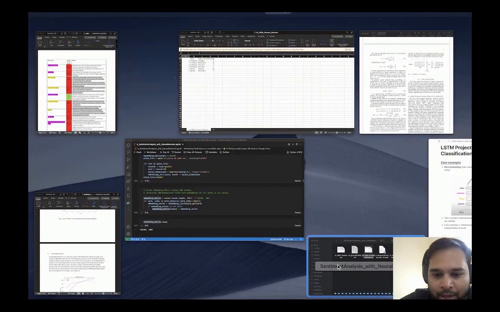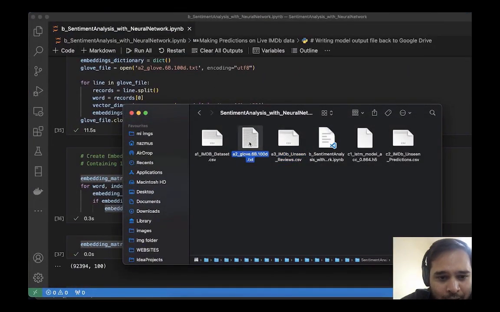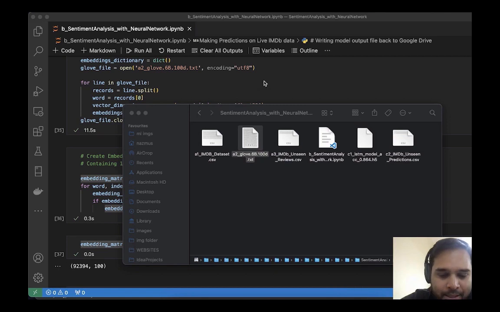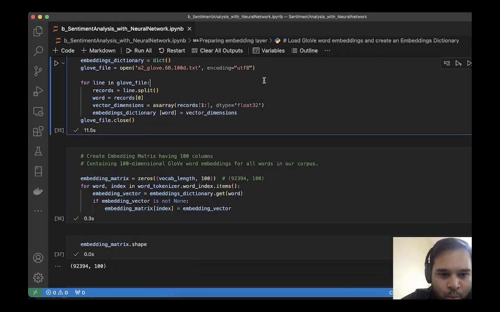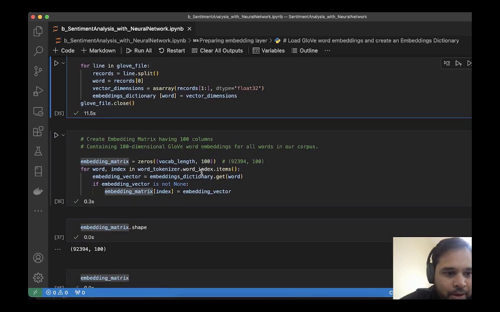As we can see over here, we have a GloVe file with words and their related vectors. We're going to use that to turn